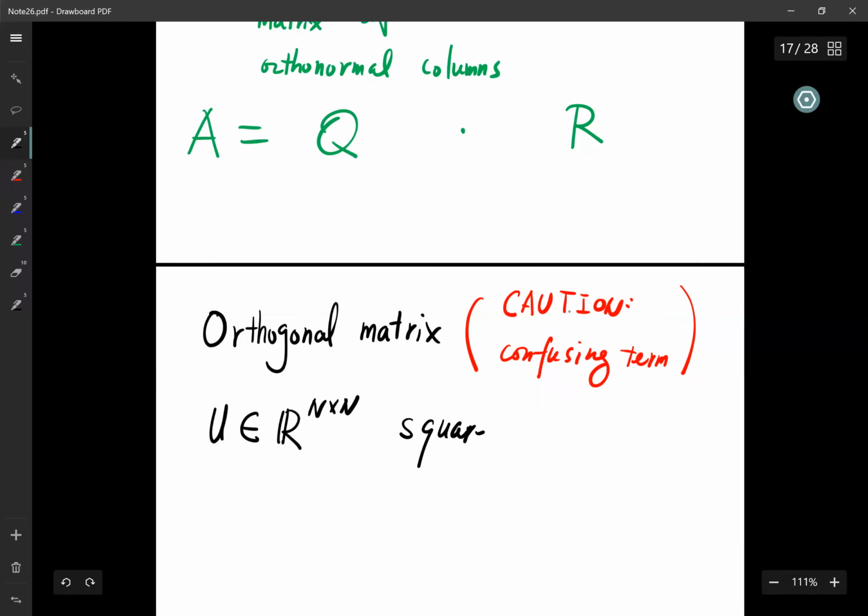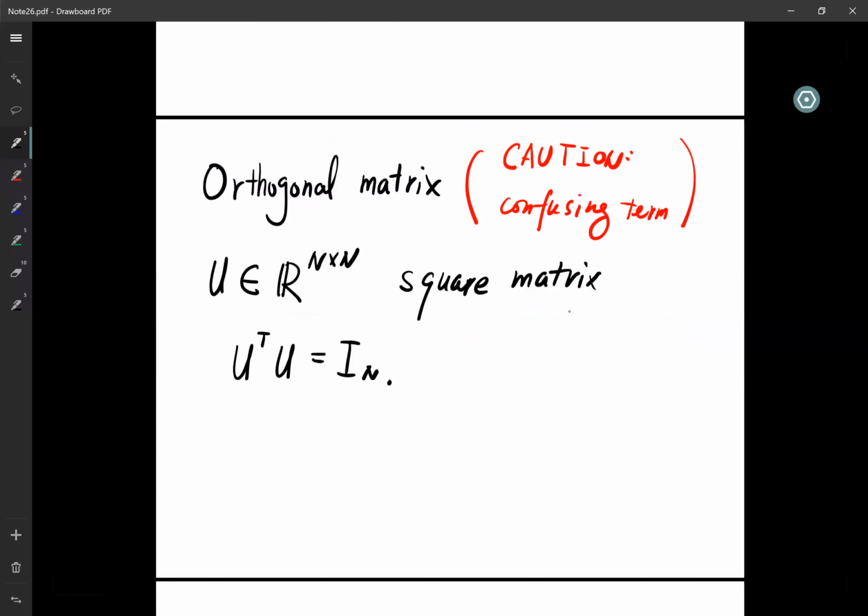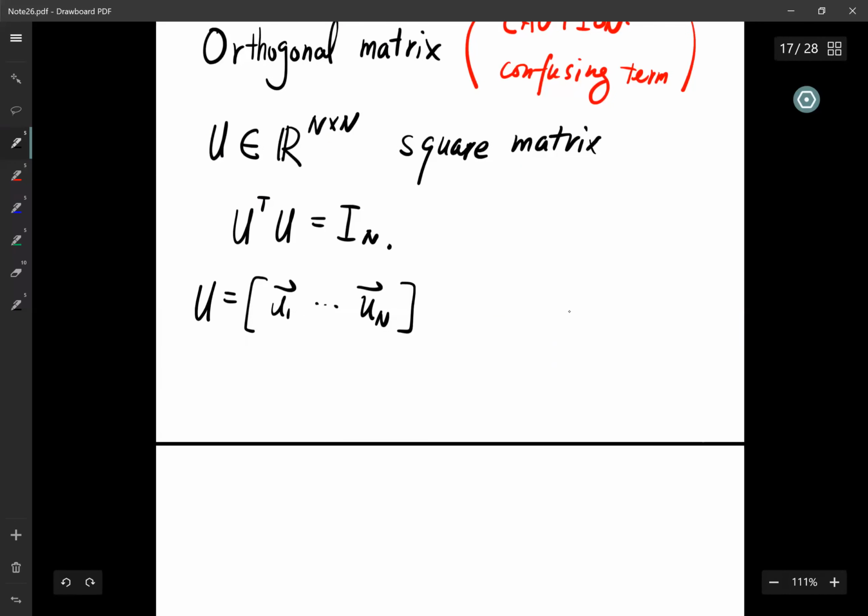So an orthogonal matrix is an n by n square matrix. One, it's an n by n. Second is U transpose U is the identity. And then it is called orthogonal matrix. So what does it mean? Why do I call it orthogonal matrix? It's because if I consider the n columns of U,